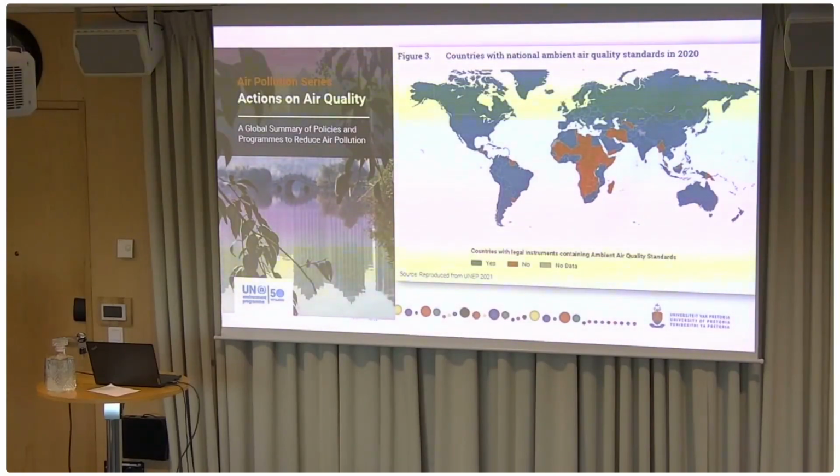Most people find this fascinating. If you look at the world map of where there are air quality acts, you will see that in Africa, only a few countries do have an air quality act. So the government has a legislative obligation to mitigate air pollution exposures and to bring it down, whereas in the rest of Africa, literally, they can just pollute as much as they want to. This is coming from a report by the United Nations, and the latest report I could get was published in 2020.